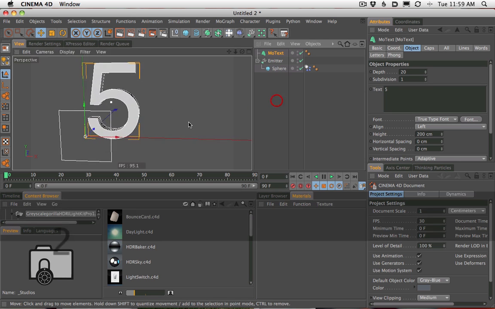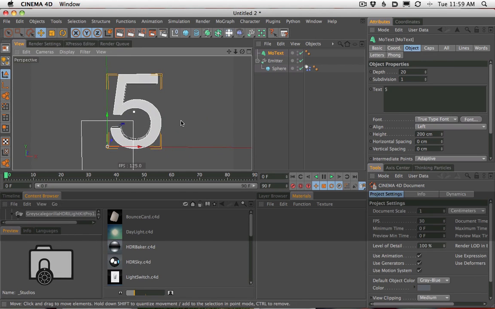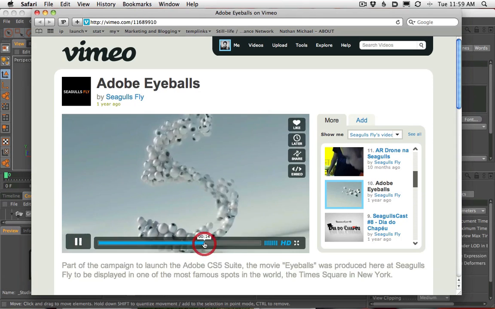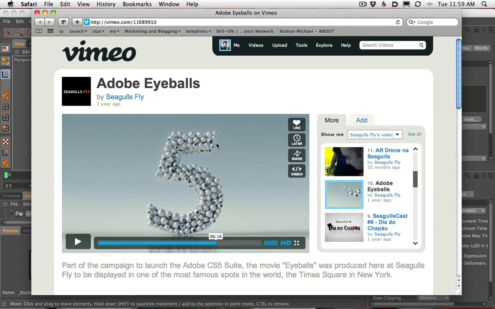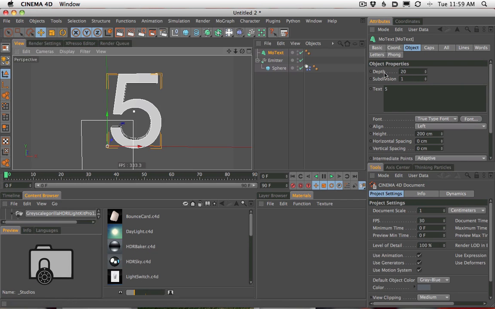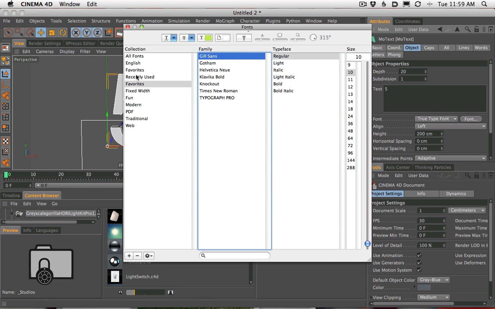Now, the problem I had was finding the right font. If you look at their finished font here, it's this really kind of single space or single shape 5 here. And I didn't give it too much thought. I bet if I looked around a little bit more I could find this exact font, but I found one that's pretty close that most of you probably have, and it's Gill Sans.